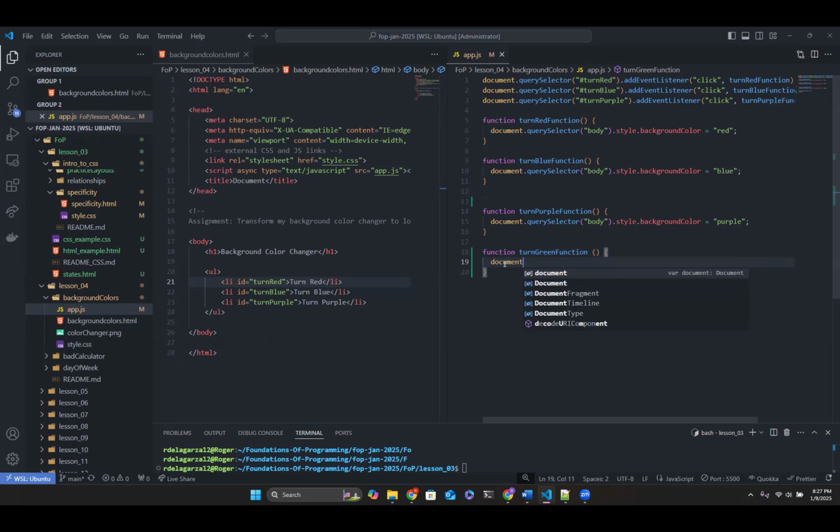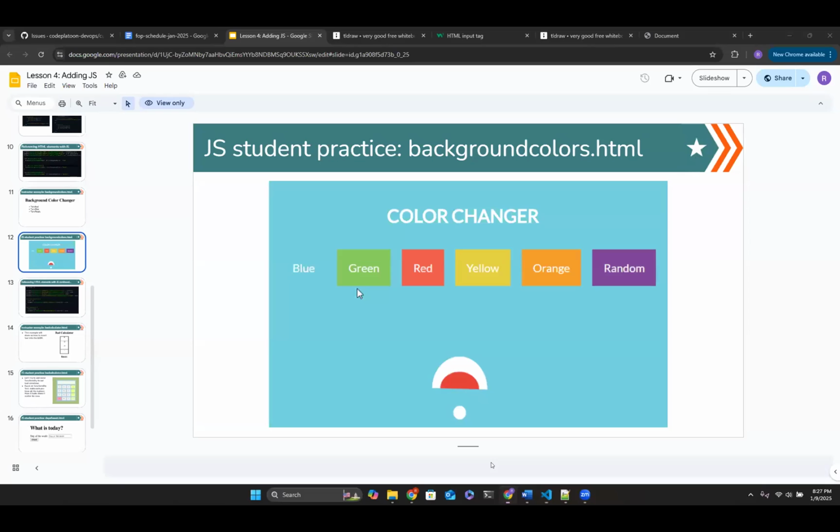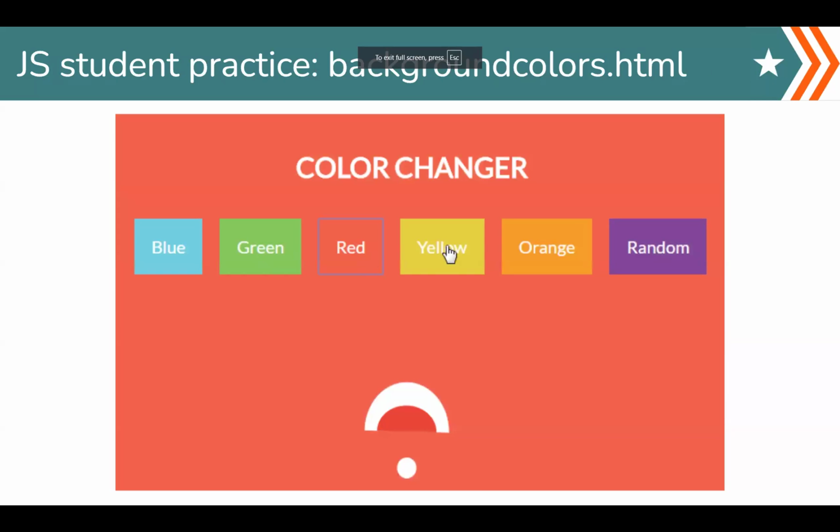It's already pre-formatted for you because I know this is the first time we're seeing it. But come down here, add some extra functions, add some list items, get some divs going, add some CSS, and try to replicate the image that's within our slideshow. And I'm gonna leave this up as well while you guys work, so you can see how it should be looking. Sound good?